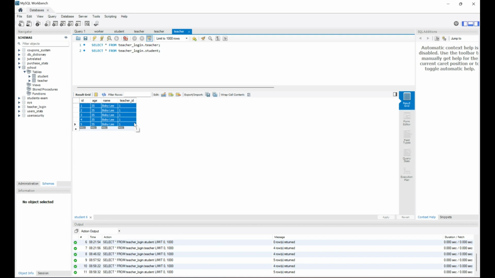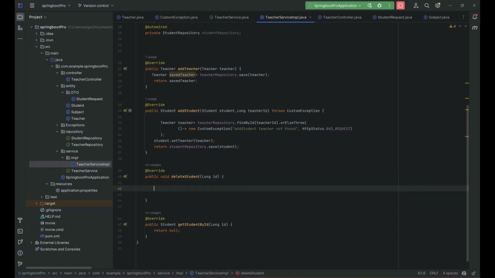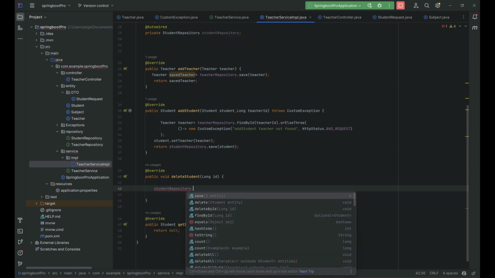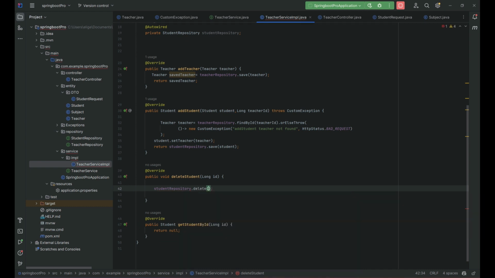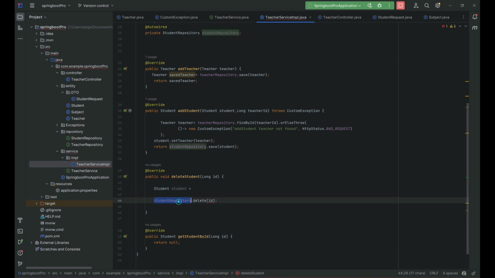We want to make sure that, let's say, every name is going to be unique. Let's add a delete option to delete all those students and actually teachers. So let's delete all the students. Now remember, we need to have the student repository. By default, there is an option to delete, and all we have to do is provide the ID. Oh, sorry, you have to provide a student. So we are providing the ID, but we need to basically get the student first as an entity from our repository. So we need the student repository,